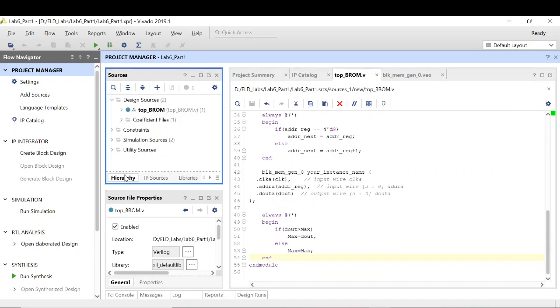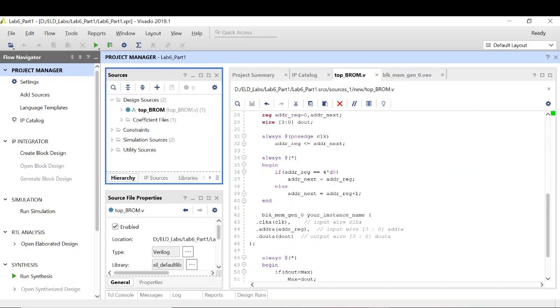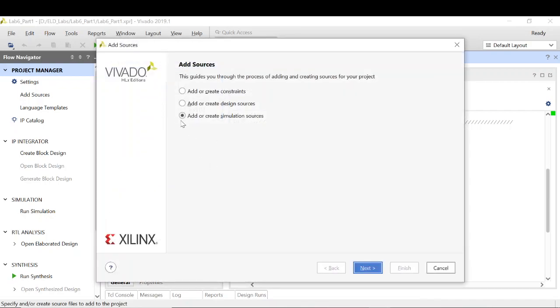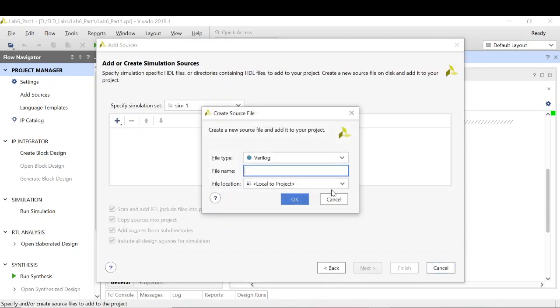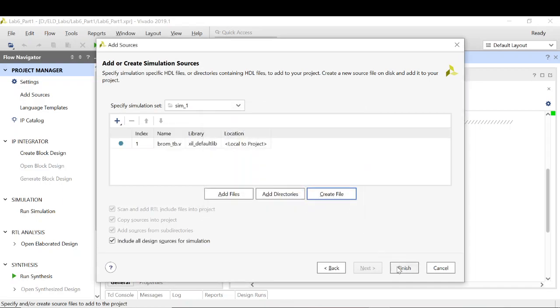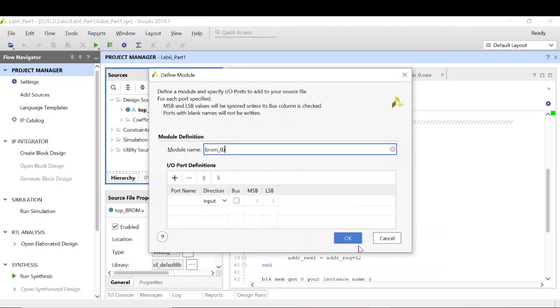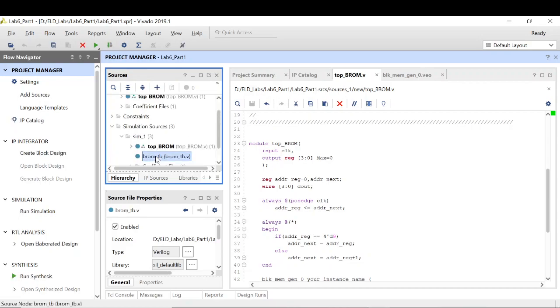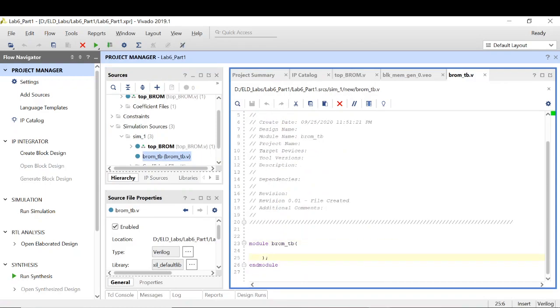Next, I need to make a test bench to test whether I'm getting the maximum of all the numbers present in the ROM, right? So let's add a test bench.